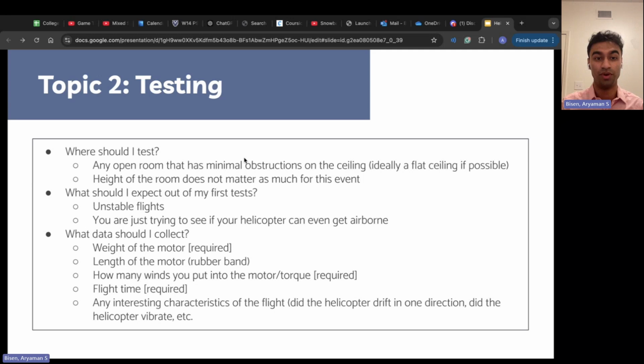Or maybe if you are traveling to a competition and you're in your hotel room, you can turn off the AC so that you don't have to deal with random air currents pushing your helicopter around from the air conditioning system. You can test it in your hotel room. Again, be careful, obviously, but you want a room that is open with minimal obstructions on the ceiling and a flat ceiling if possible. Height of the room does not matter as much for this event because if we go